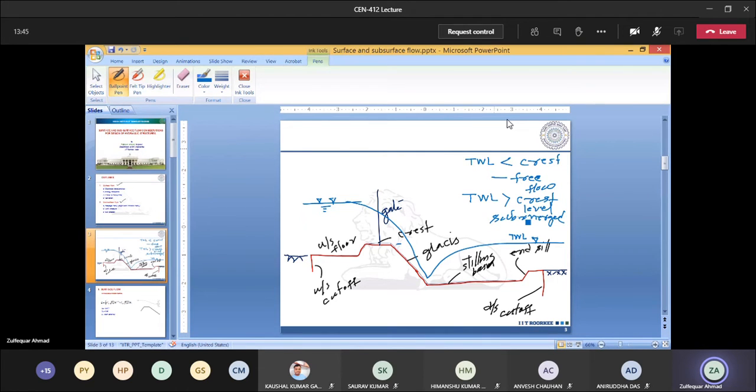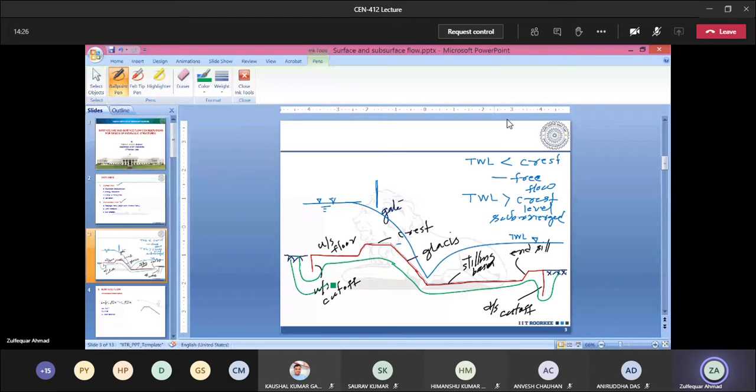That's fine. So now here the flow may be a gated flow, or maybe the gate is completely open. So you can say here this gate is completely open, right? I mean the gate is somewhere here, above the water level, right? Now this is the surface flow, and we have the subsurface flow, because this is an alluvial bed, and the water will seep through this, and that will go like this.